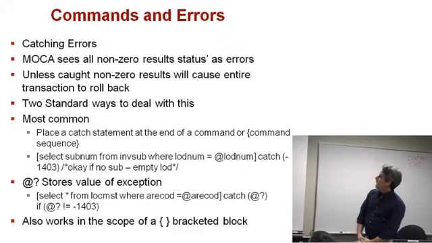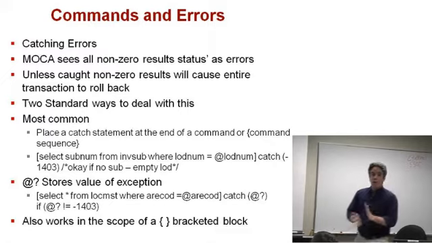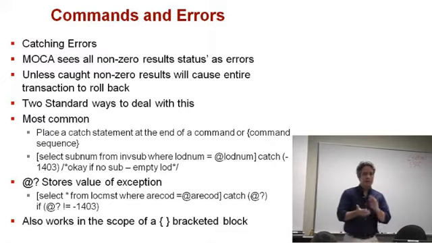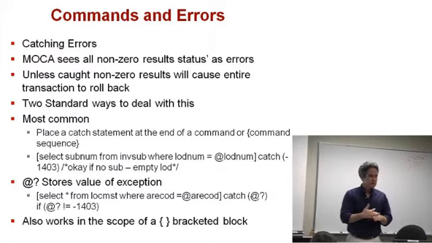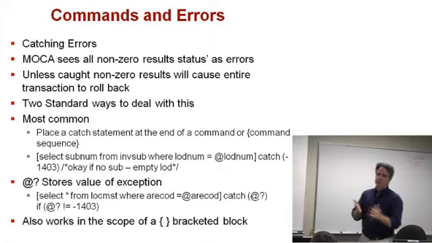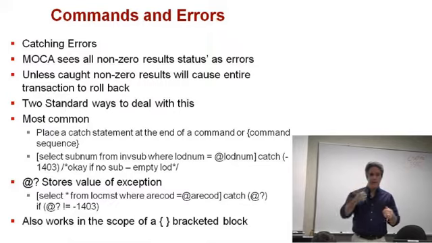So we're going to spend a bunch of time talking about catching errors. MOCA sees, as we've talked about before, an error as any non-zero result. We've actually spent a lot of time talking about whether we should have alternate successful completion and all the rest of that jazz. And I think that probably will be something that, if they haven't done it, will be done